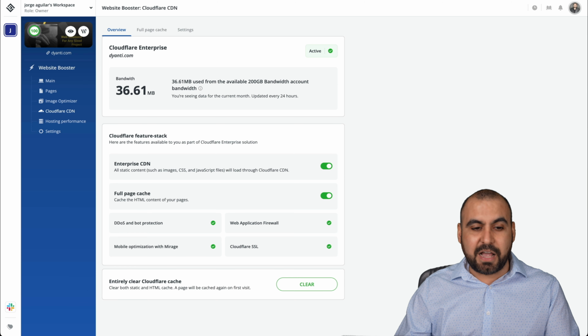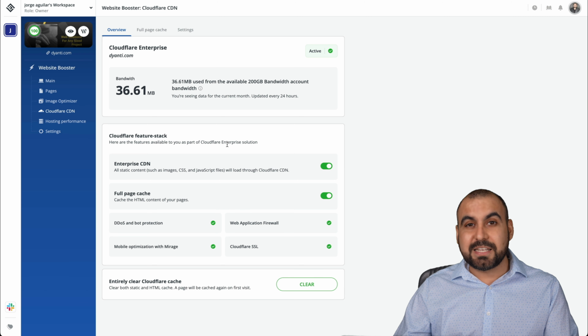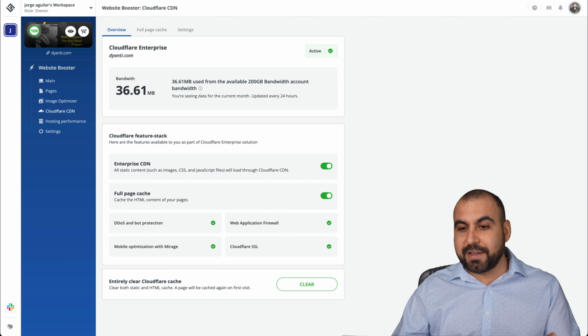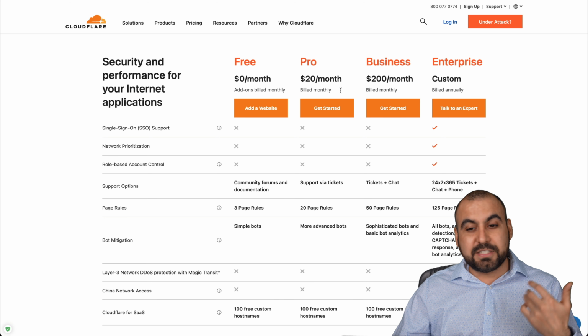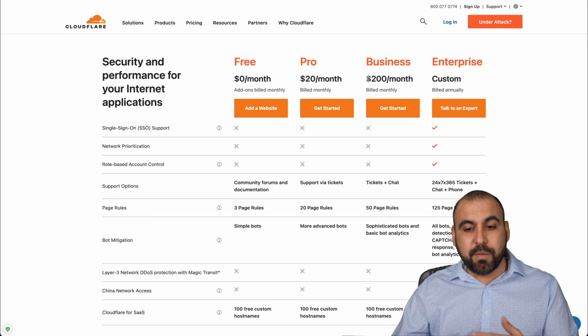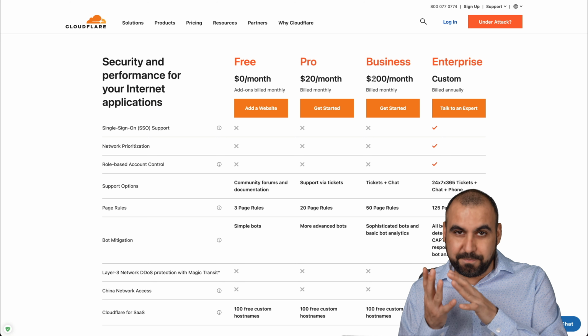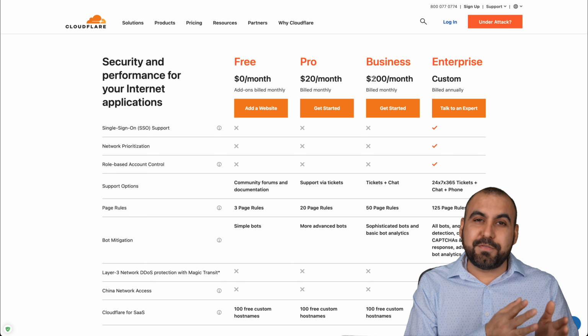And once you activate the Cloudflare CDN feature with the paid plan, you're gonna think it's way worth it, for what you're going to pay compared to what you'd be paying normally for the Cloudflare paid versions. I mean, this is just a whole lot of money. Even if you just consider the Pro plan or the Business plan, which is $200 a month, you're gonna get much cheaper benefits with the paid plan of 10Web Booster.